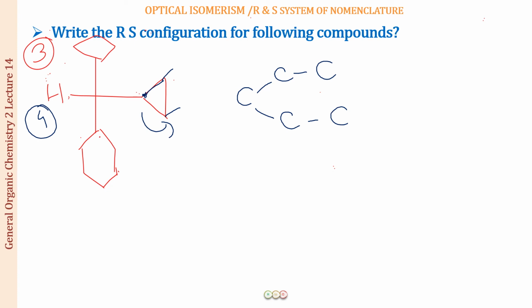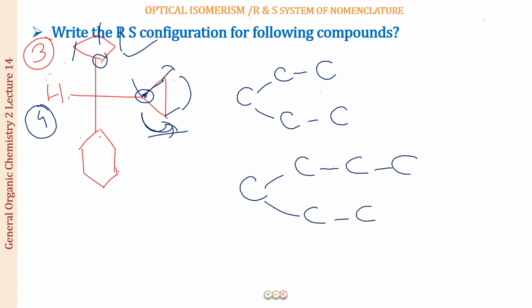Okay, so this carbon was forming a bond with this carbon and with this before returning back to the original position, and from this side also the same way. Fine, so this is how you write this one. Okay, how do you write this one? This is a cyclobutane. So how are you going to write? Starting from this center, this will be the C. You will be reaching 1 carbon, 2 carbon, 3 carbon before you come back to the original starting point. So you can write this as 3 C's. And on the other side also you will be writing it as 3 C's. Okay, and in this one you will be writing this as how many? 5. 3, 4 and 5.